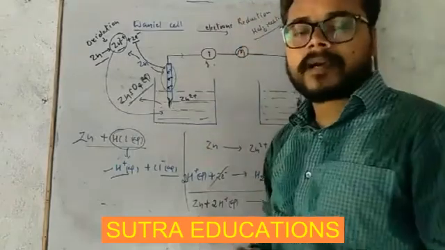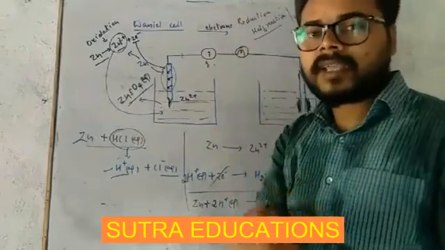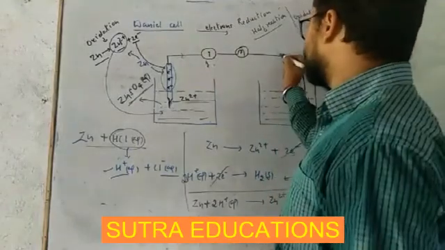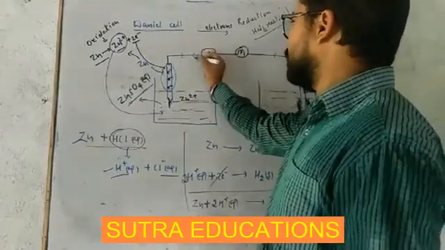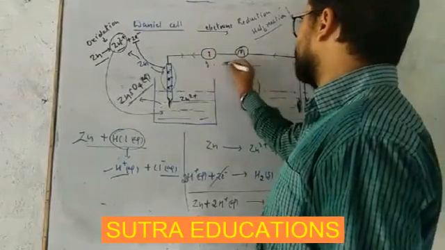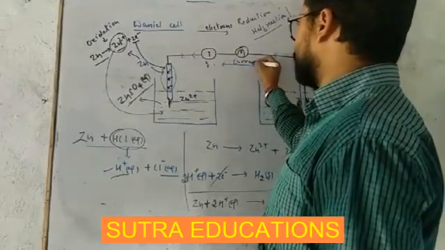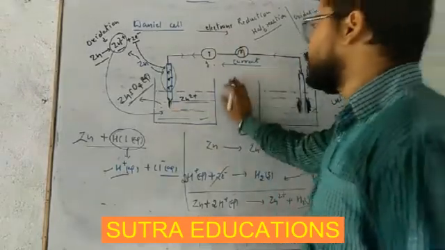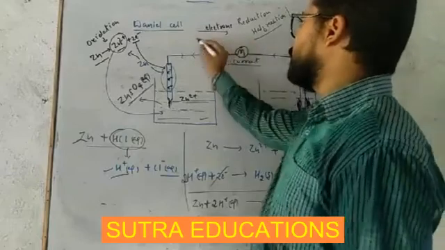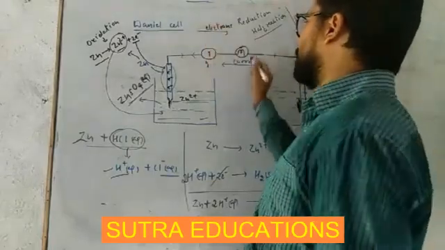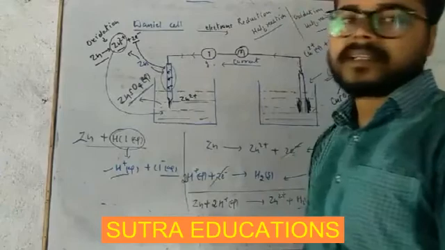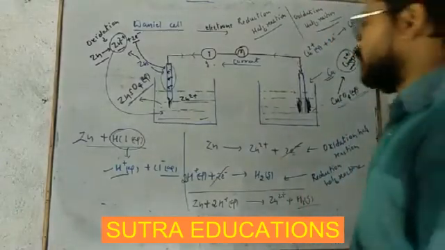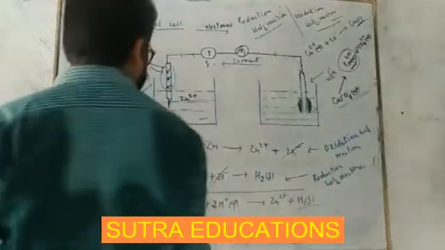So current, which will be opposite in direction to the electron, will take place. So current in this direction. This is the direction of current. Getting this or not? So movement of electrons is in this direction and current is flowing in the opposite direction, conventionally. But just try to understand what will happen.